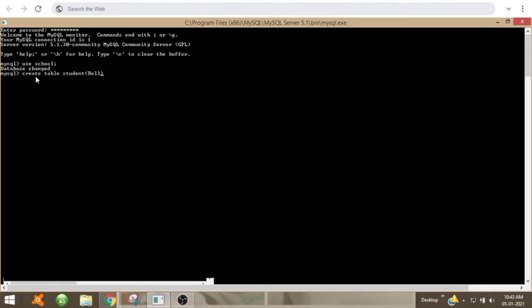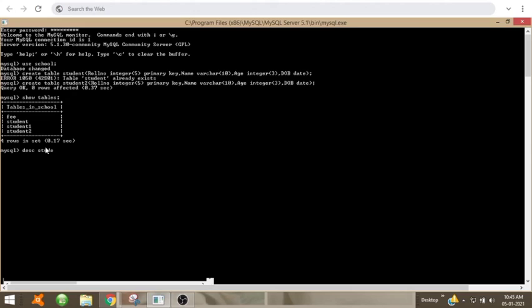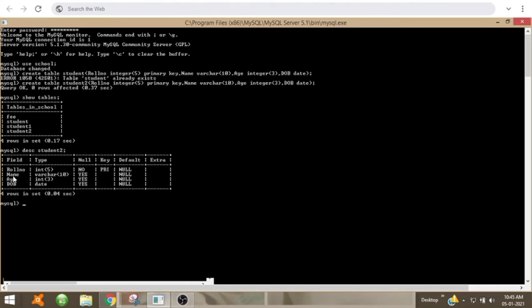Roll number, integer, no need of giving single quotes, roll number integer, giving the size as 5, then comma, and let it be the primary key. So student 2. Okay, you can see I have created the rows and columns that I have given.